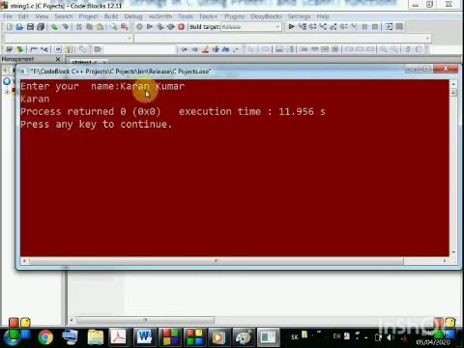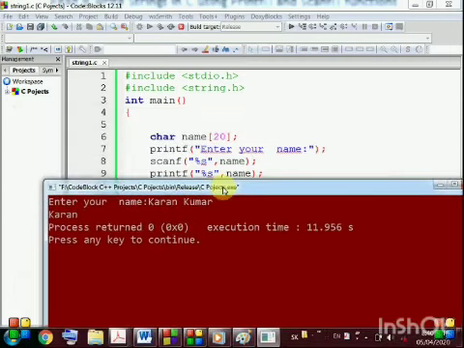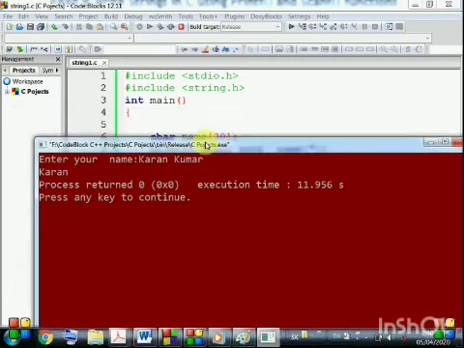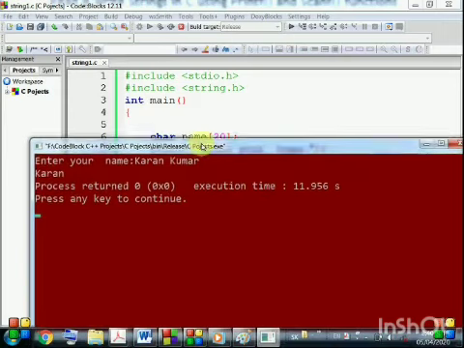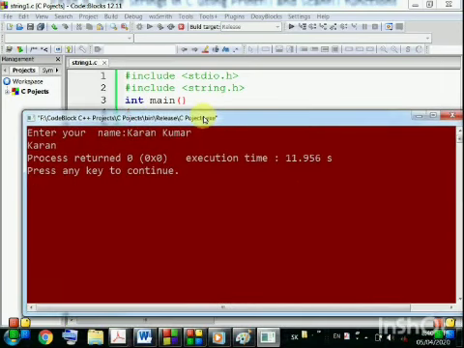The string Kumar is not accepted in the variable name because a space is present in the string. So the first word Karan is accepted into the string name. So to accept the complete string, we have to use the gets function.